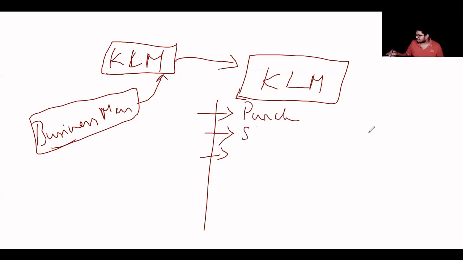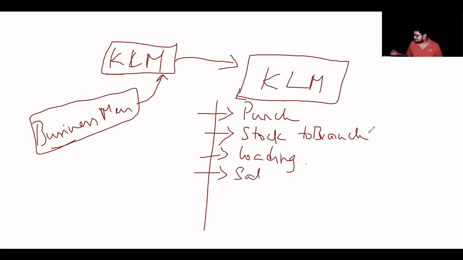If stock is sent to branch, I'll make an account for that also. While sending stock, I don't want him to know my cost price. In which case, I will add something called loading. I want all sales to be known to me. I will maintain track of all the sales being made by him. I want a track of what is the collections made by him. I will maintain track of collections.